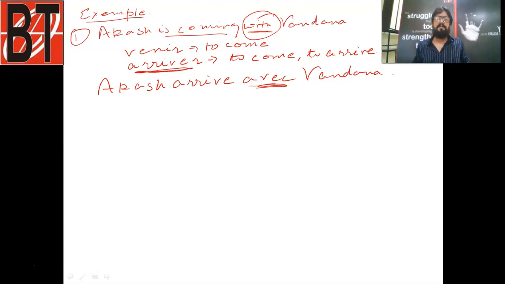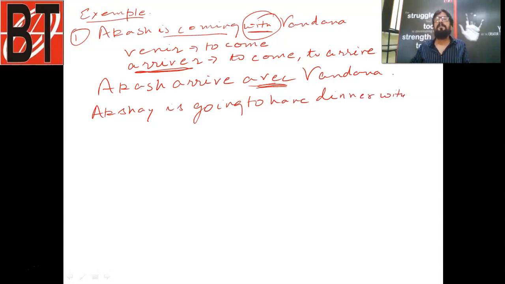You can make as many examples as possible. Let me write a new example. Akshay is going to have dinner with